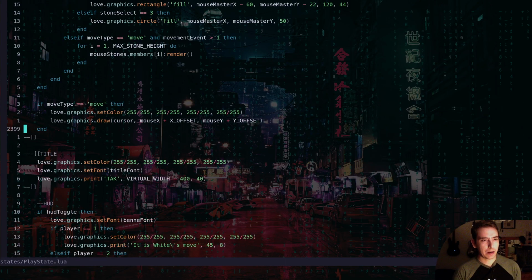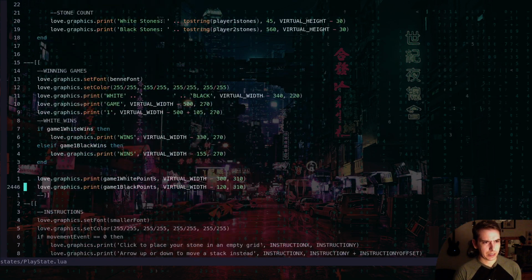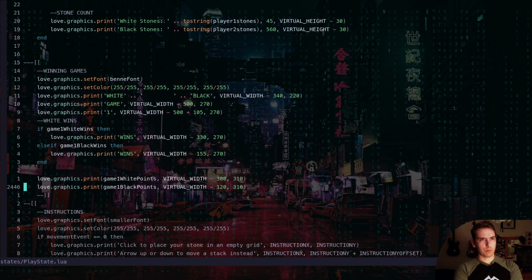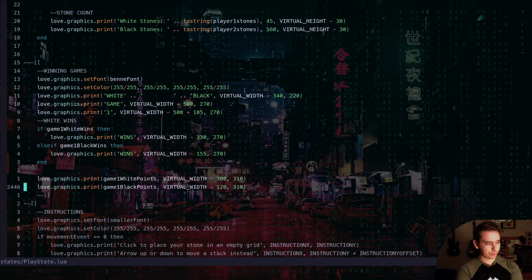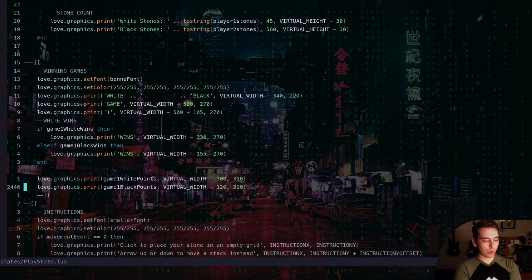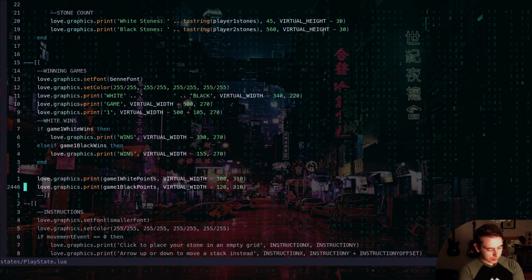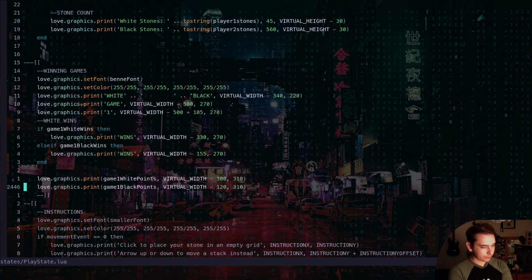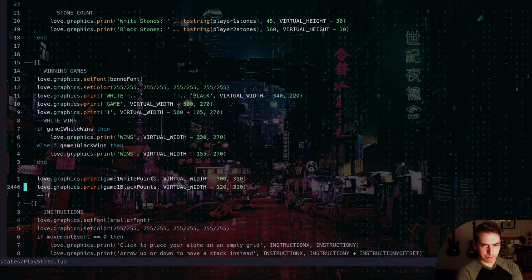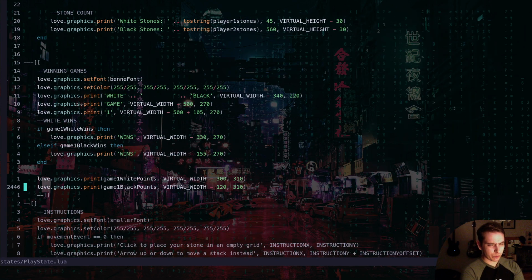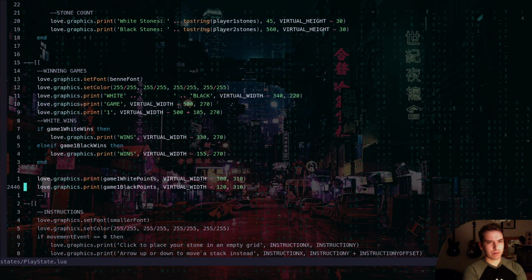So right now, if we take a look at our render for this stuff, winning games right here, we only want to render winning games if we have won at least one game. So how do we do that? We can either have a variable called games won, and then every time there's a win, we increment that value, and then for every value of that,